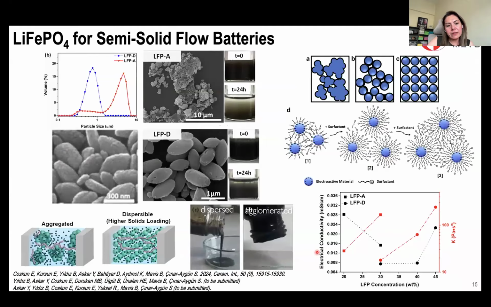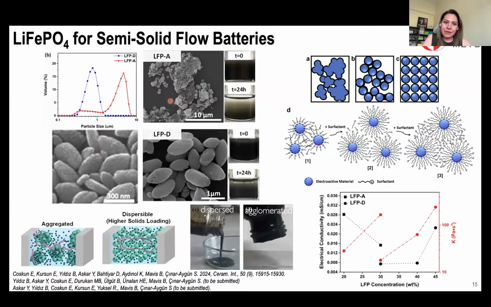So from here, I will move to lithium iron phosphate, which is a cathode material. Here, you are seeing the SEM image of the commercial nano-sized LFP powder, and they're carbon coated. Yes, their surface area measurements indicate that they are nanopowders, but what we realize is that we have those very large aggregates. And they're carbon coated, so we cannot ball mill them, because if we do so, then we break this carbon coating. And they are, to me, too expensive to sieve. So we couldn't use them.